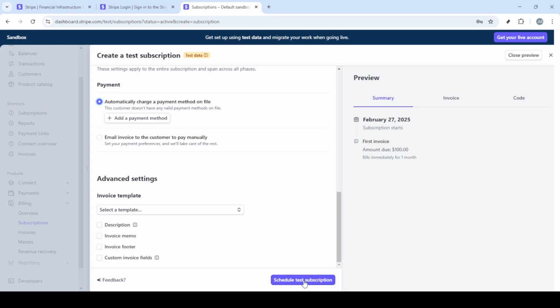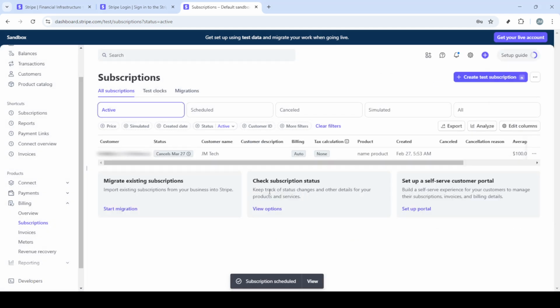Choosing the payment method follows. Stripe supports a range of payment options. It's all about finding what works for your business and your customers. Finally, after carefully reviewing each entry for accuracy, click on Create to establish the subscription officially. And just like that, you've set up recurring payments for your business using Stripe. This simple yet powerful process will help you streamline revenue collection and enhance customer